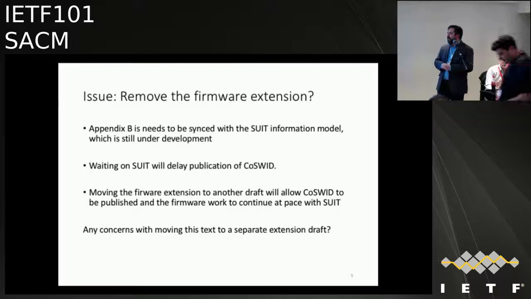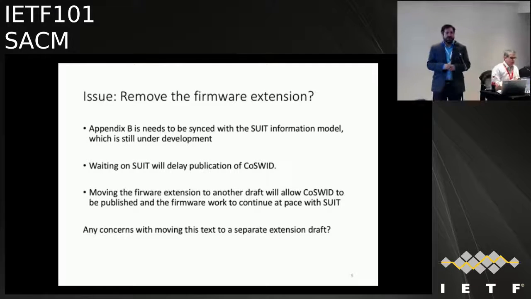Okay, so I have a few issues to talk through. We're basically trying to get this draft done as soon as possible, so that we can ship it off to the IESG. We believe it's close. There are a few choices I think that we have to make that will determine whether we address these issues in the draft or whether we kick the can down the road and work on another draft to actually address those issues. And so the first of these issues is in the appendix, I think it's Appendix B,